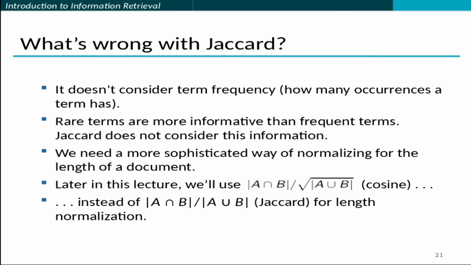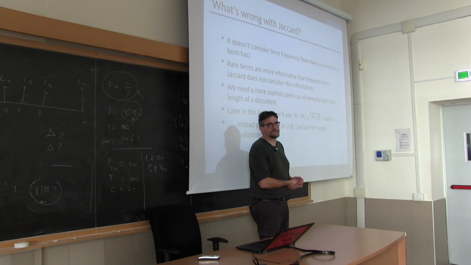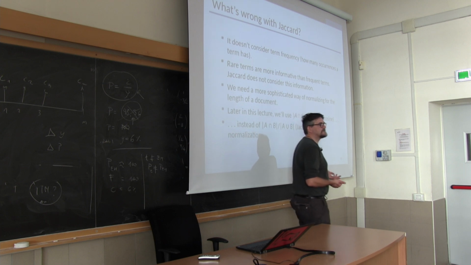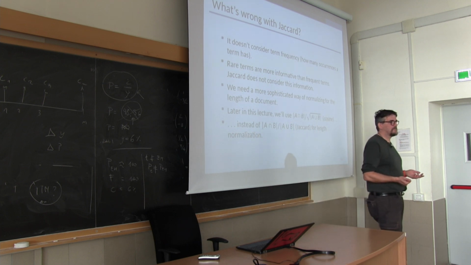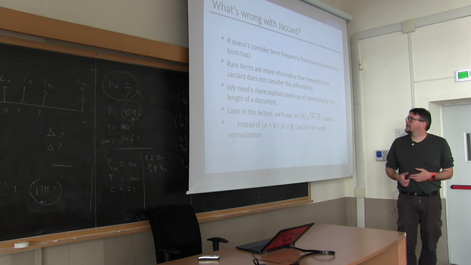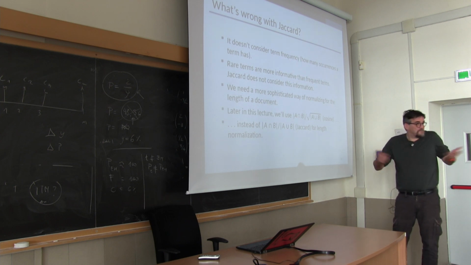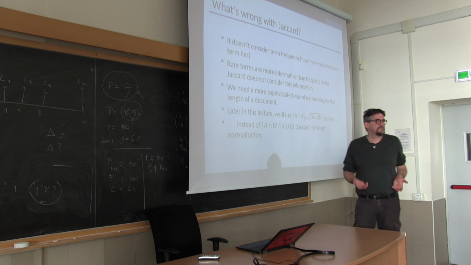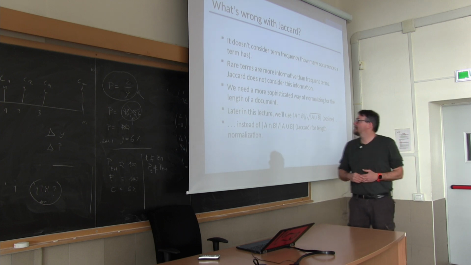And even more importantly, in general, I would say that rare terms are more informative than frequent ones. This is the idea why we removed the stop words up to now, right? Stop words are very common. You might find them in any document, and so the contribution in terms of information is relatively small with respect to very specific